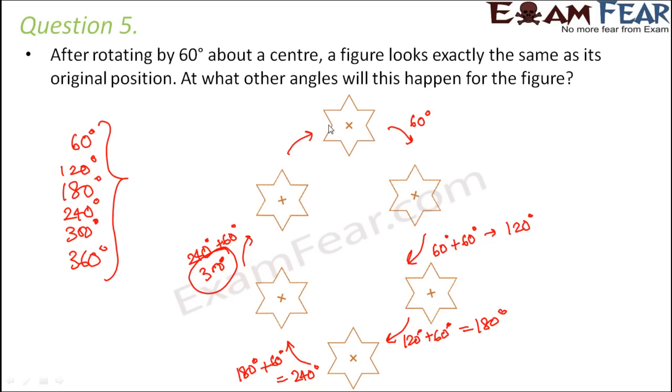If you want more examples, you can consider a regular hexagon, which has 6 equal sides. Just try to find out the rotational symmetry for a regular hexagon. There also you will observe a similar pattern. With this, we have reached the end of this lesson on symmetry, and I hope the concept of symmetry is clear. Please focus more on the rotational symmetry part, because a lot of students have confusion about that. Solve more and more problems and gain confidence. I hope this lesson has helped you. See you all in the next lesson.